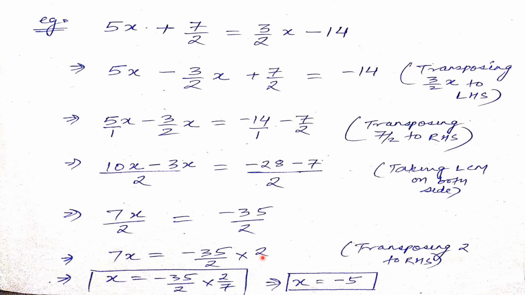So this 2 came in multiplication here, and in the next step this 7 which is in multiplication came in division, you can see. Now this 7 and this 35 will cancel, 7 ones are 7, 7 fives are 35, and this 2 will cancel because in between the sign is of multiplication, so we can cut them easily. If this sign was plus, we couldn't cut this 2. As the sign is multiplication, we can cut this 2 and this 2, and we can cut 7 and 35. So the answer is x equal to minus 5.